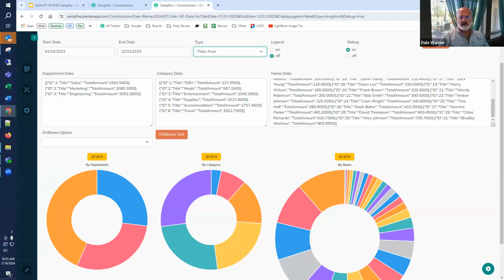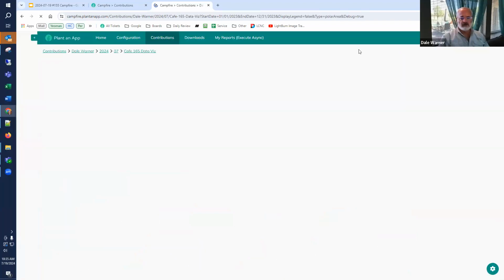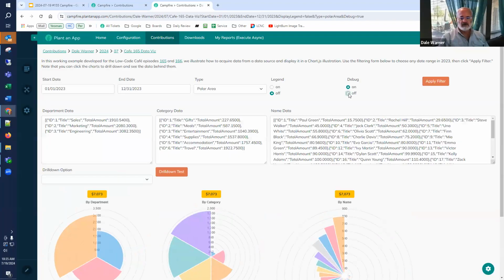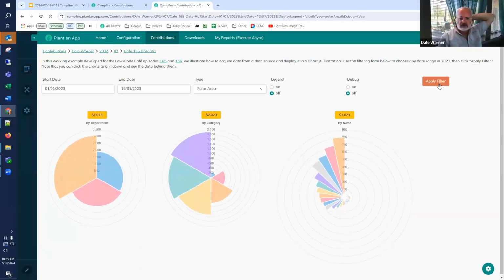I find it so interesting. I need to turn off the debugging. ChartJS just has so much as part of it. Polar area was another one I didn't show off the other day, but I threw it in here today.